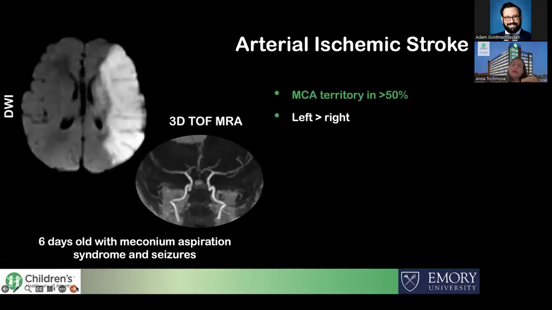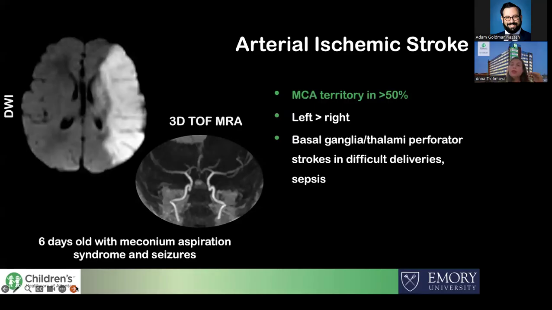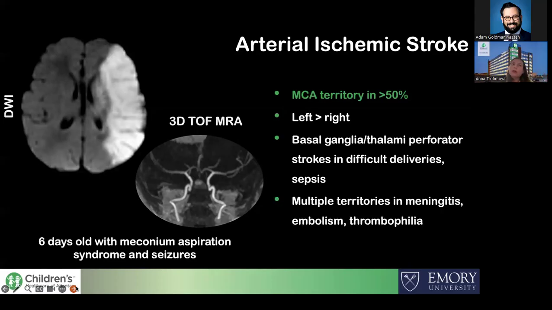So if we're looking at the arterial ischemic stroke, more than 50% of them occur in the MCA territory, and there is a predilection for strokes to develop more on the left compared to the right, which is thought to be related to the existing right to left shunts, such as, for example, patent foramen ovale. Basal ganglia or thalami perforator strokes are more commonly seen in difficult deliveries or in babies who have sepsis. And then also there can be involvement of multiple territories